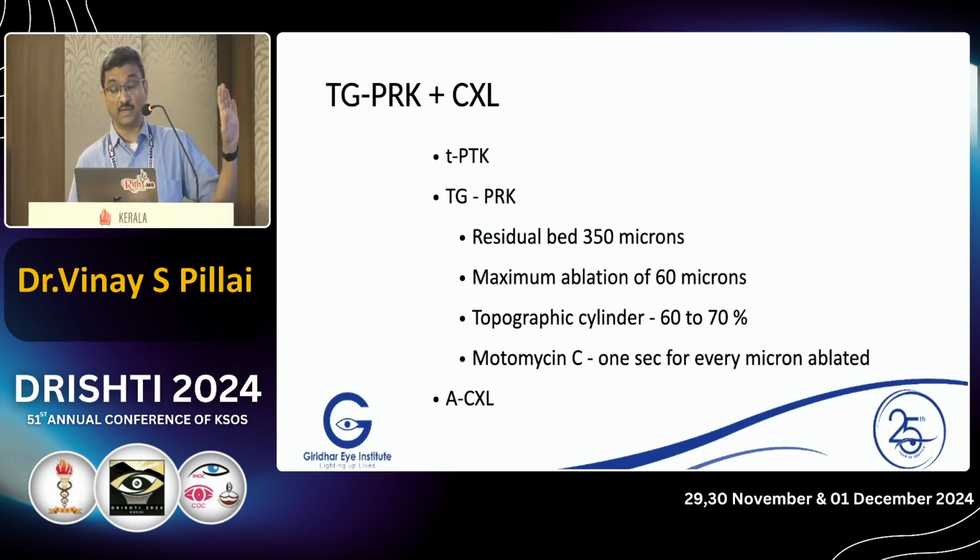After the ablation there should be at least 350 microns of bed remaining, maximum ablation probably up to 60 microns, and the correction in topo-guided PRK which I would aim for is about 60 to 70% of the cylinder. So whichever is lesser or is attained earlier, we do that. And then I use mitomycin. There are lots of reports saying that you don't need mitomycin in these cases because when you're doing C3R you are killing the keratocytes and there is no possibility of haze. But my clinical experience has been otherwise, so I use mitomycin in all these cases and then do an